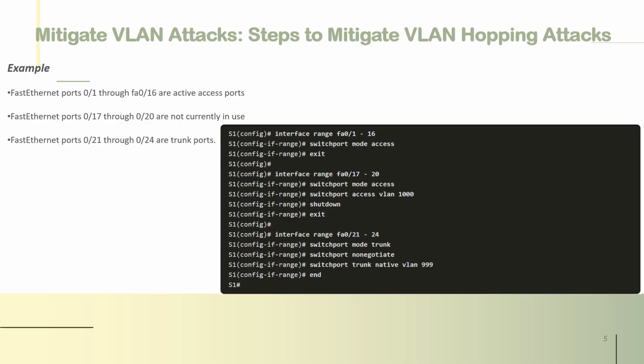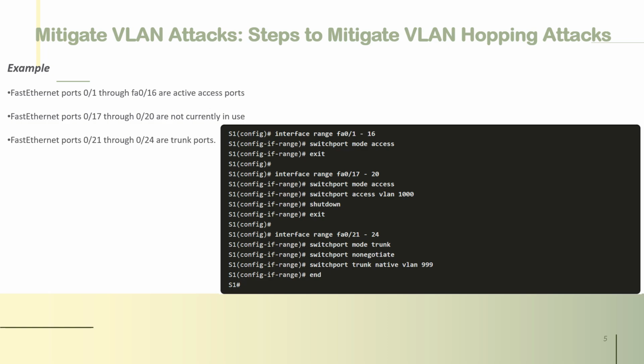So we will go to the interface range FastEthernet 0/1 to 0/16. Since they are active ports, we are making them access ports by using the switchport mode access. And then, since ports from 0/17 to 0/20 are not currently in use,